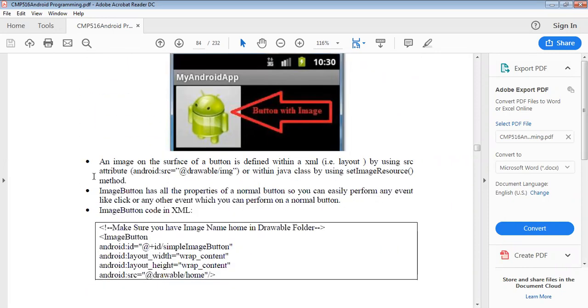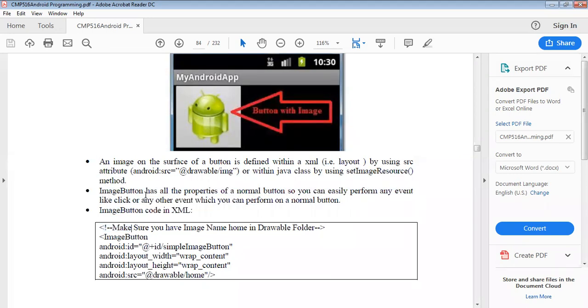An image on the button is defined in the XML, using the source attribute, android:src at the rate drawable, or in the Java class by using the setImageResource method.